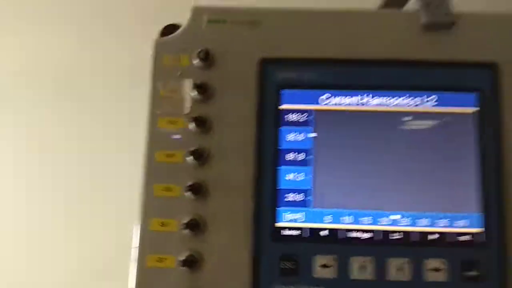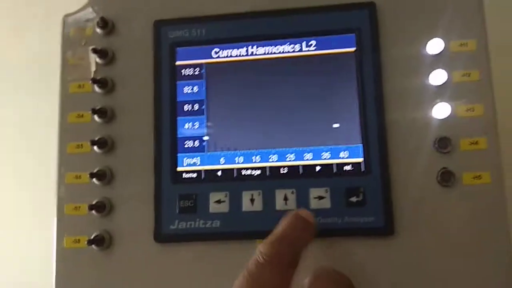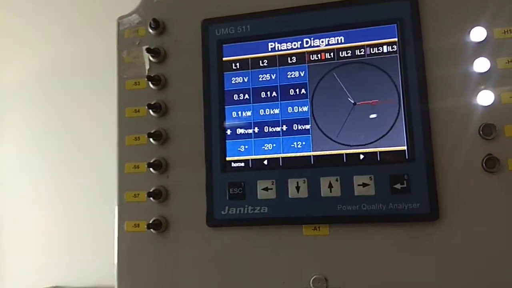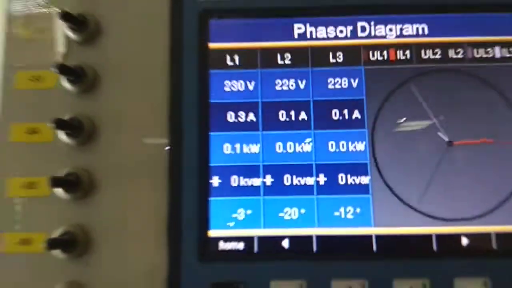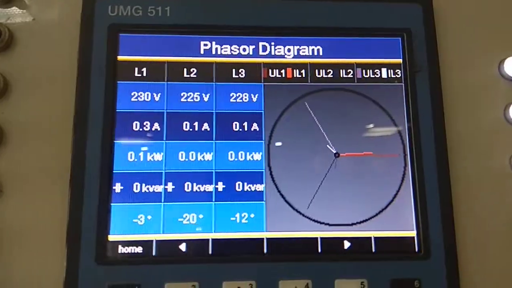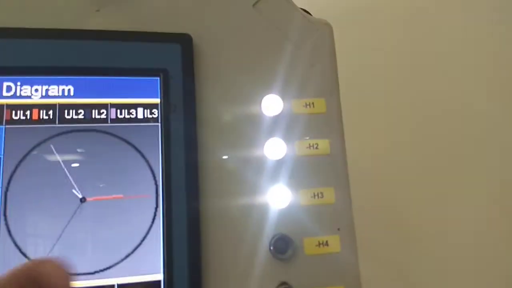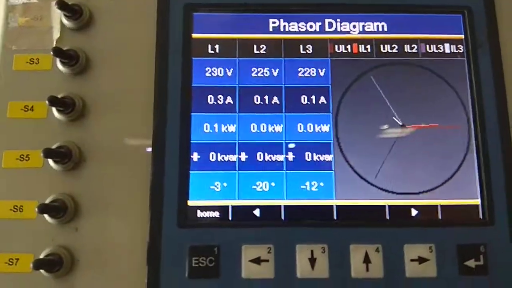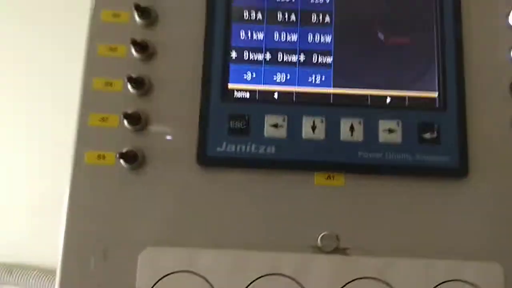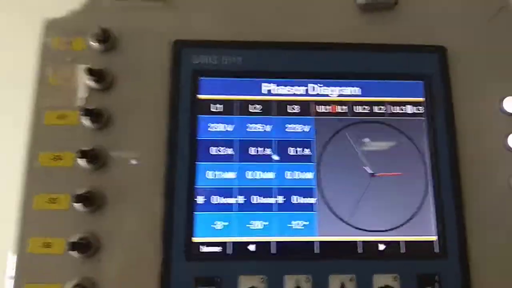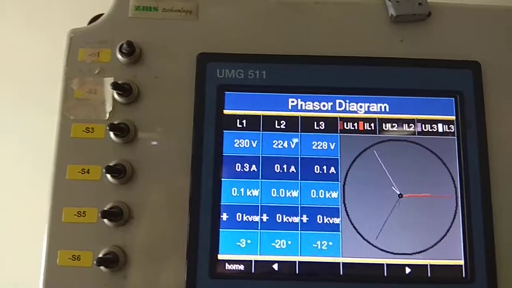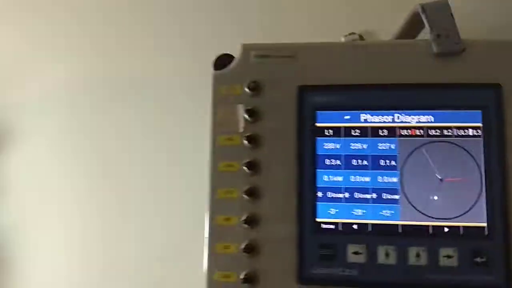Similarly, anything like the phasor diagram or something which you can show. This is all recorded events, and this is the phasor diagram of which phase, all the three phases are showing. So three phases are showing L1, L2, L3. And other things are shown as well, for example, the current which is drawn by the L1 load, which is a bulb load, is 0.3, and L2 and L3 are 0.1 ampere, as well as the power rating are shown. Anything else?